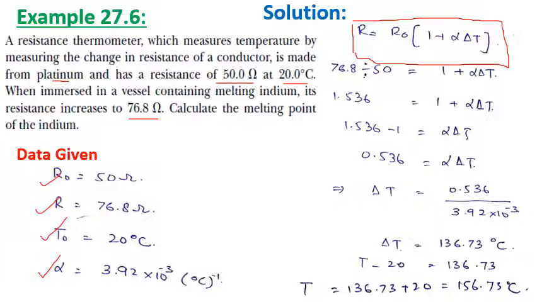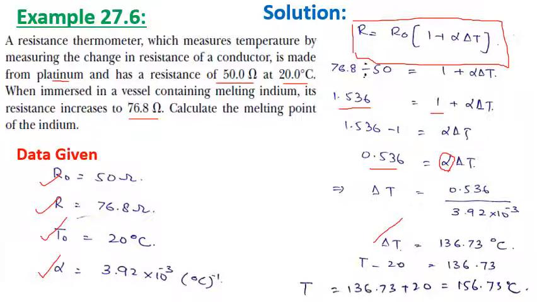So putting in the values, 76.8 divided by 50 equals 1 plus alpha delta T. I get 1.536 equals 1 plus alpha delta T. Subtracting 1 from both sides, this will give 0.536 equal to alpha delta T. We have the value of alpha, so I'll divide the value on the left hand side with the value of alpha. I get delta T. I know that delta T is equal to T minus T naught, where the value of T naught is 20 degrees Celsius. So T minus 20 equals